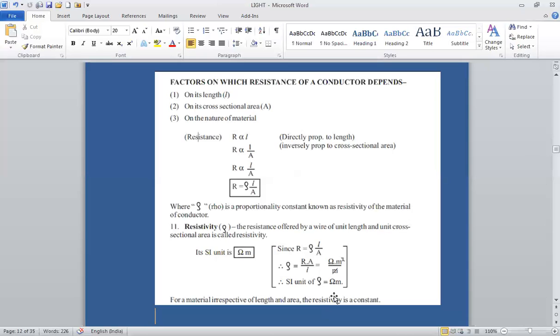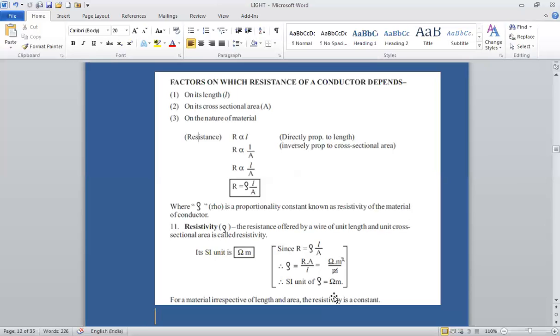And an alloy is a combination of two or more elements. You know what alloys are. An alloy is a combination of two or more elements, or a metal and a non-metal, in which at least one is a metal, and an alloy has metallic properties. But the properties of an alloy are significantly different from those of its components, which means the property of the alloy changes.